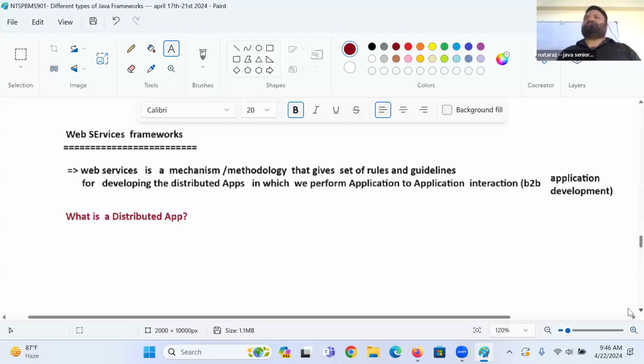Another example. I think everyone knows the stock market. BSE, Bombay Stock Exchange. NSE, National Stock Exchange. Can you go and purchase shares in the stock market directly? We need brokers. Who are the brokers in the market?